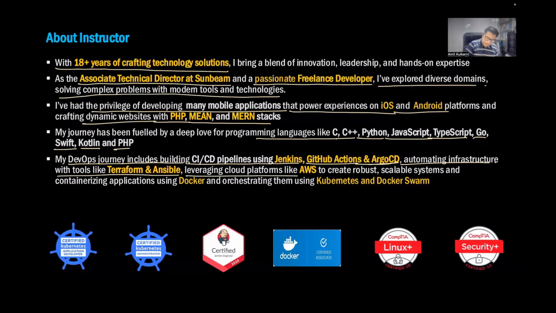Leveraging cloud platforms like AWS, I love it and I've been using it since 2013. It's more than a decade now. AWS has been very popular since then, and it is very important for you to know, because there are many services which are absent on other platforms like GCP and Azure. That's why it's called the market leader. So I love AWS, and I use AWS for my real world deployments as well.